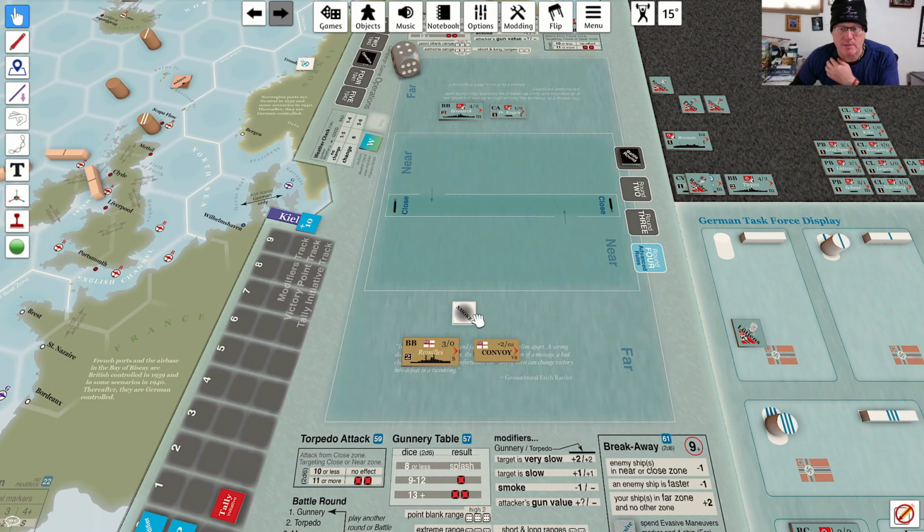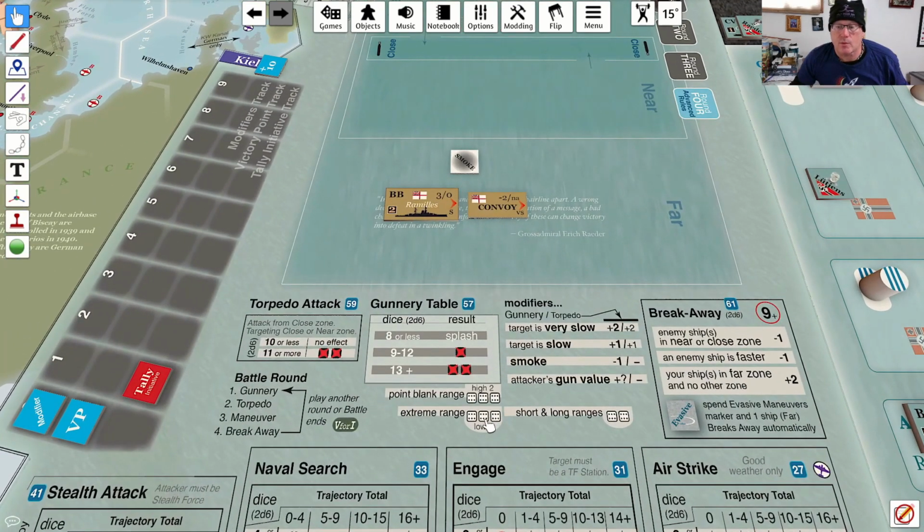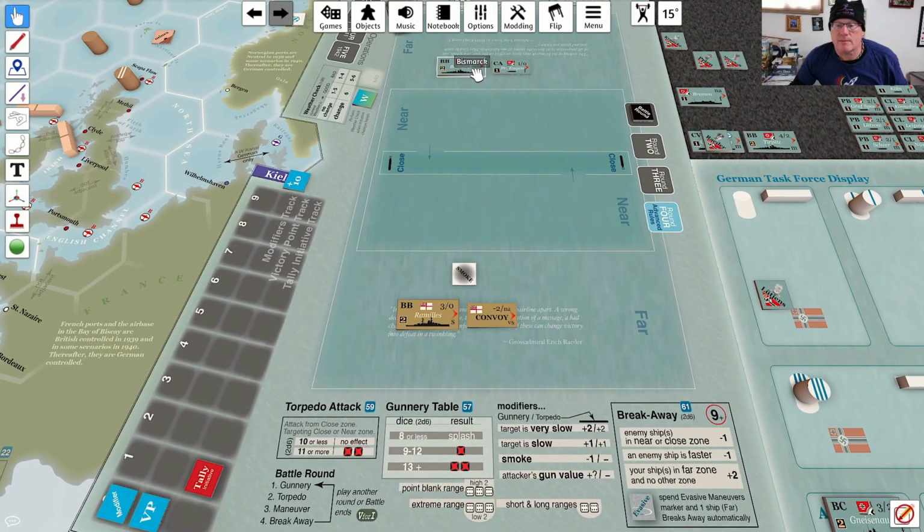And so that means that there's going to be essentially -1s to the gunnery in all cases. So this puts us at extreme range. And what that means is that we'll be rolling 3 dice and taking the lowest 2. The Bismarck is going to get a +2 to the dice because it has a +2 gunnery factor out there at long and extreme range. And the Ramillies has a 0 and the Prinz Eugen has a 0. So basically the Bismarck is the only one who's going to be getting a plus,